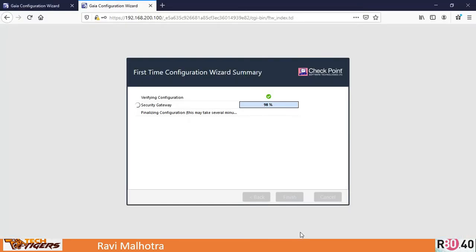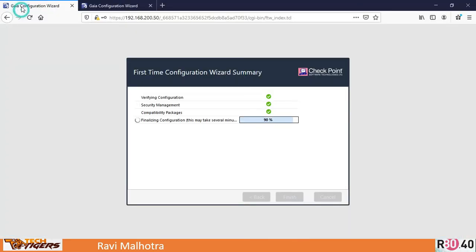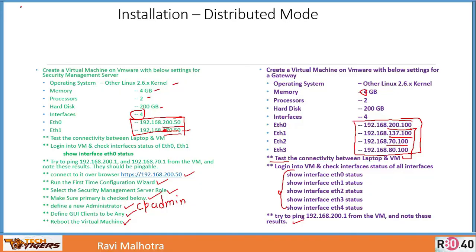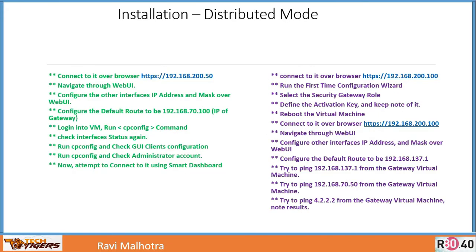Fail to connect to the database. So I believe this is still just initializing some of the stuff. cpconfig 3. It is not yet finalized,